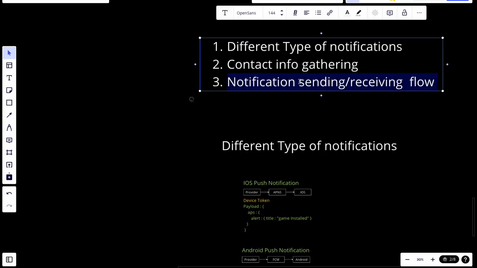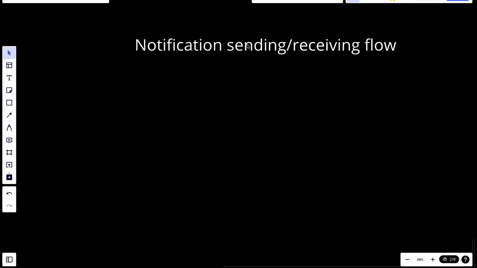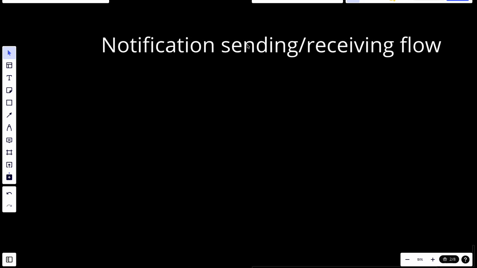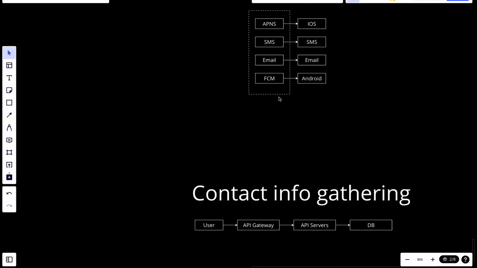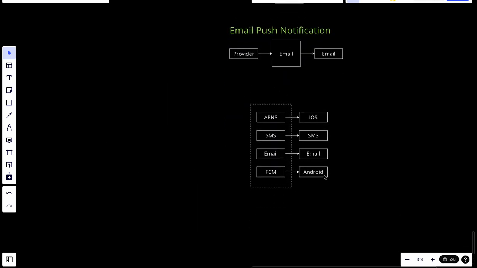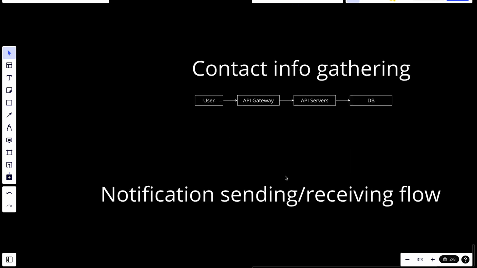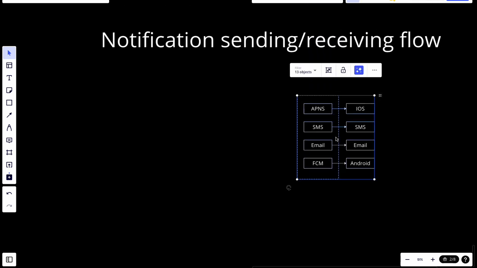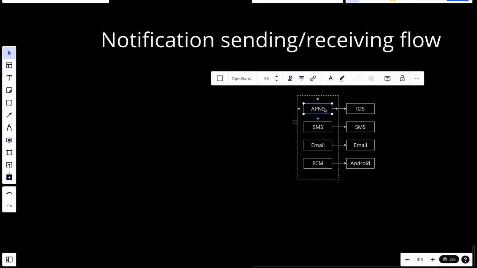Let's talk about the notification sending and receiving flow. In this one, let's just put here, I guess I need to copy this one. We will first present the initial design, then propose some optimization. So right now we have services. Let's say that we have, let's keep